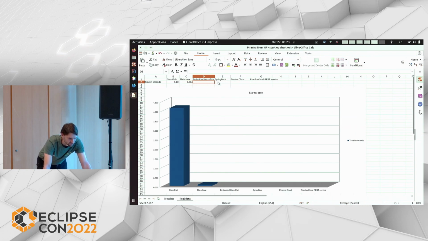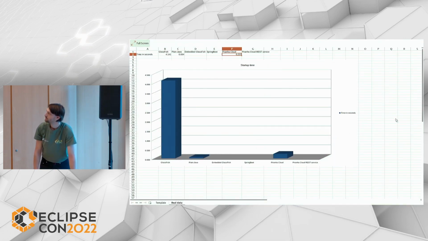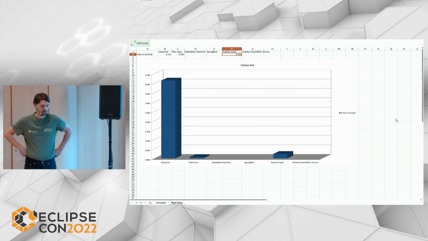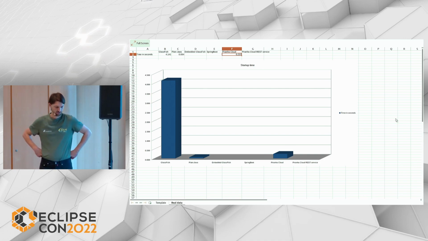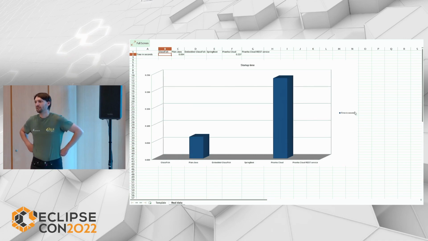So let's try to compare this with Piranha Cloud. This is what we get. And I don't know, what do you think? Is it fast enough? I think so. It gets way under 1 second. It's very close to the plain Java style. You could argue that, yeah, Java is still like 10 times faster, but only when you really compare the times. But you haven't done anything in Java, so you're still having an HTTP server.